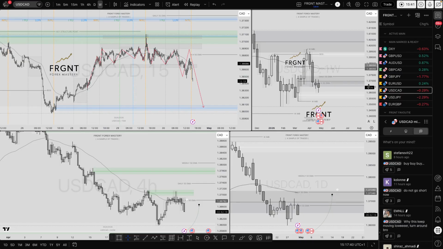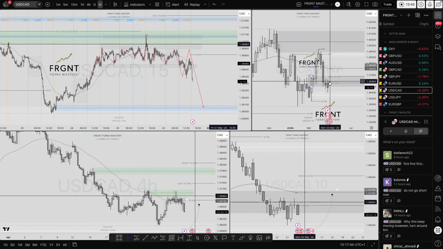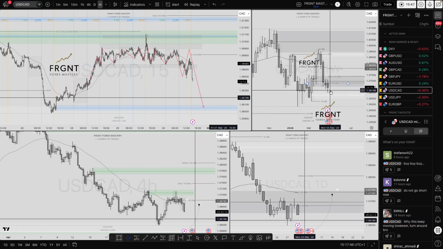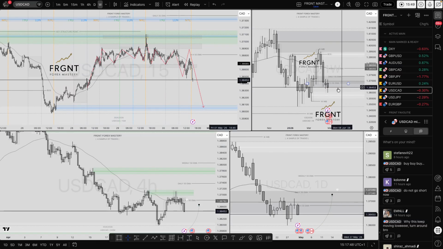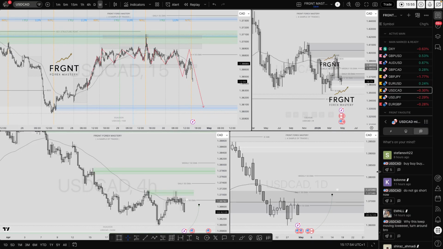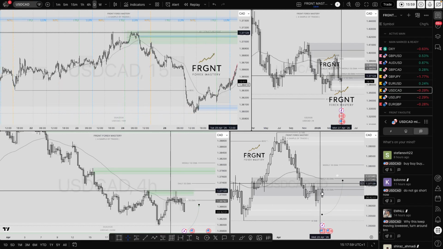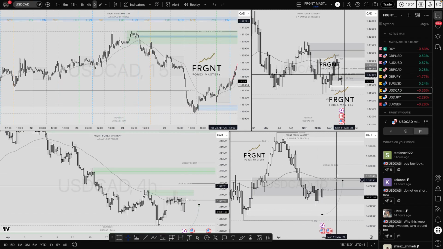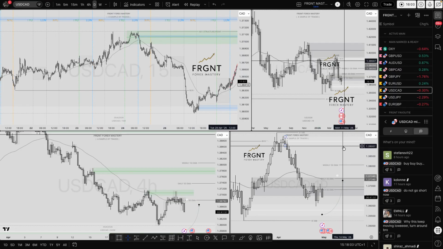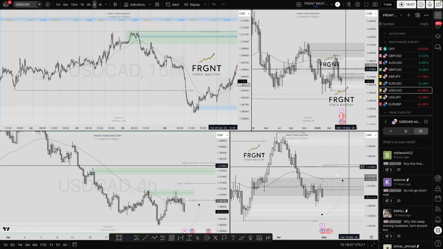Now, looking at the weekly time frame, I am indeed looking for a long position at some point. You can see here by tomorrow, I need this weekly candle to respect this weekly order block and reject it to the high. So it's doing a good job. I like where price is at the moment on that weekly time frame. Hopefully we find the liquidity and imbalance below that weekly time frame to push price higher, and understand that we do have room towards the upside, i.e. the weekly 50 MA by tomorrow.